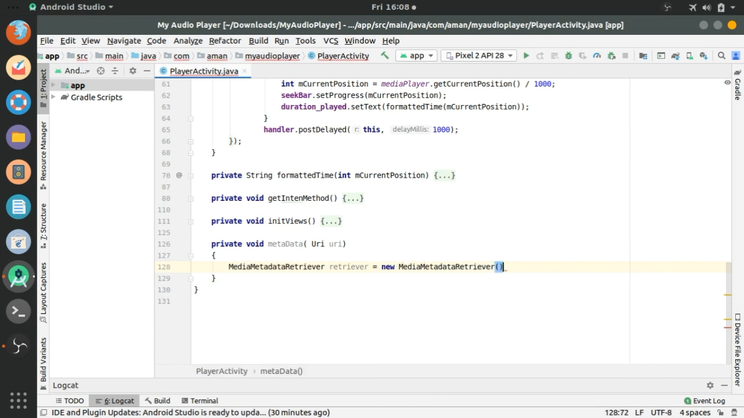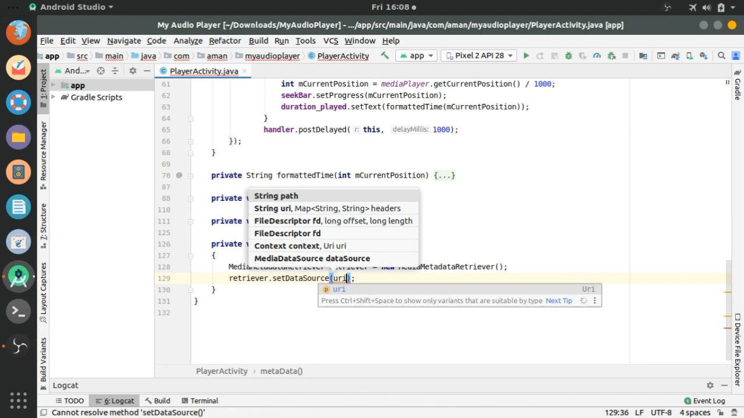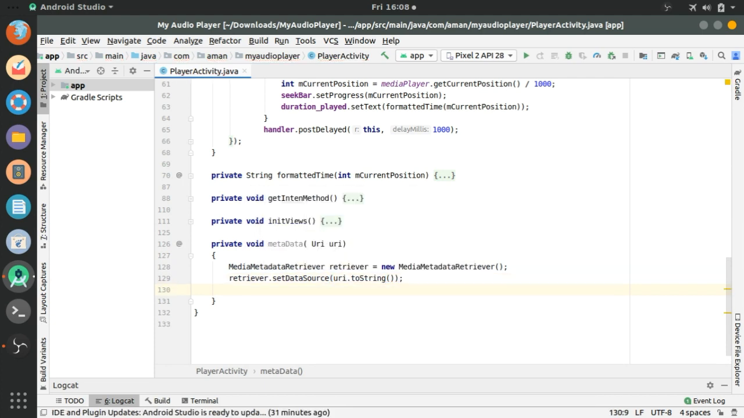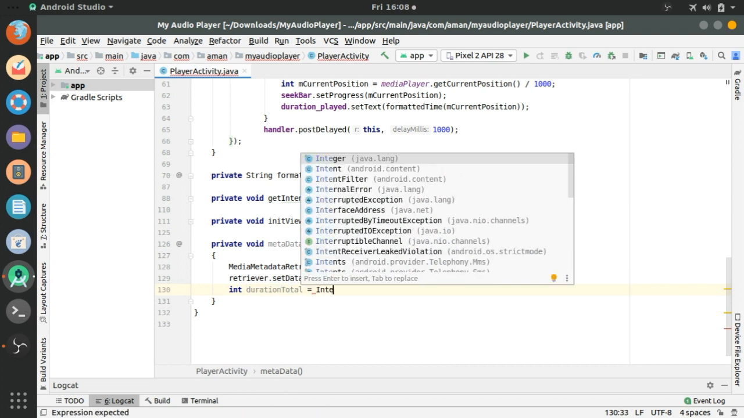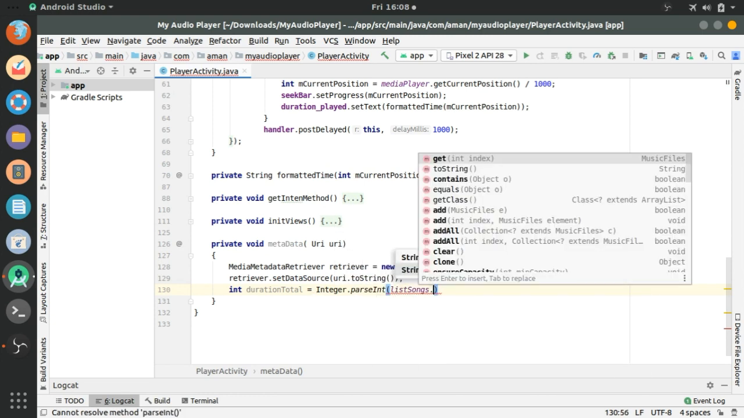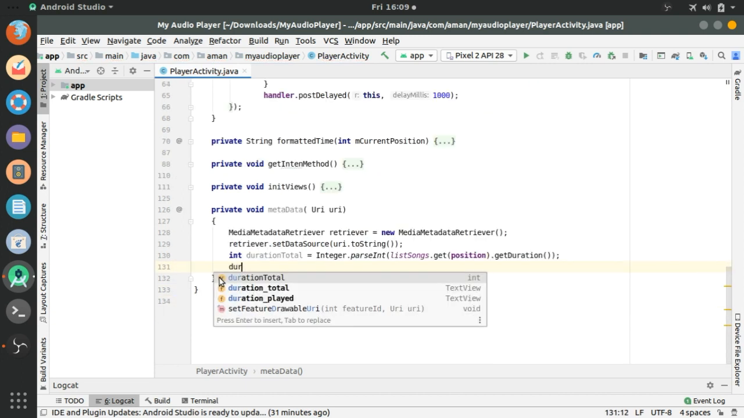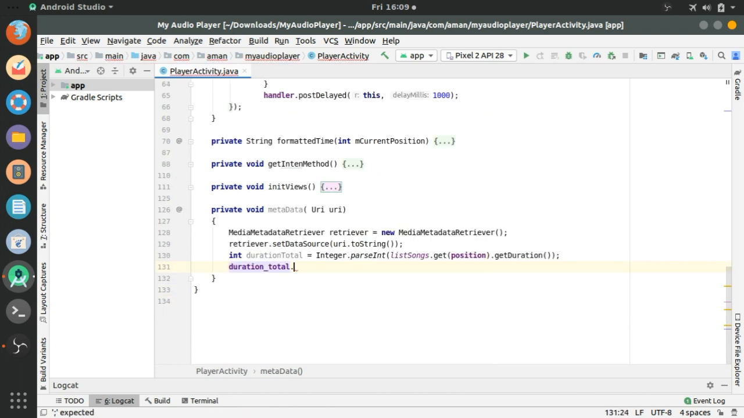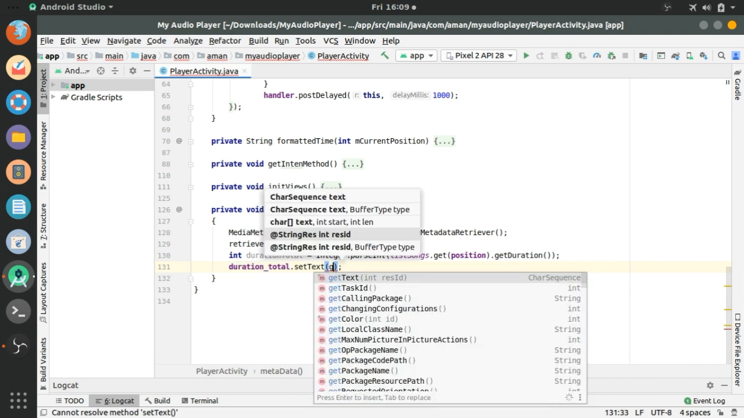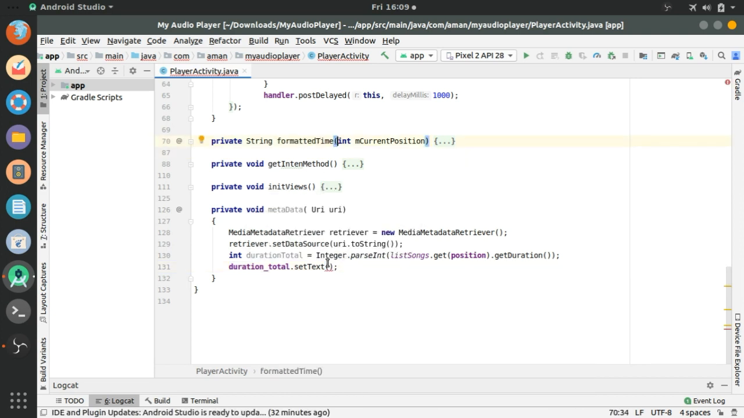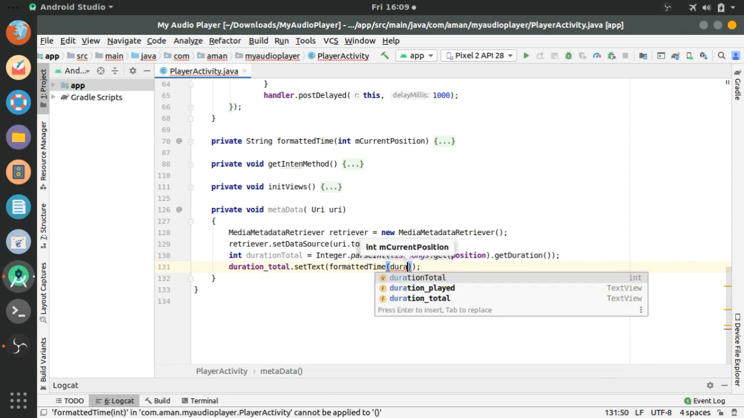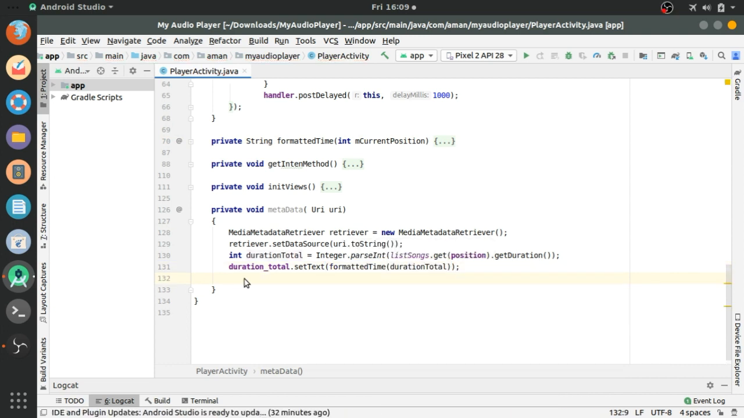and in this method we will use the class MediaMetadataRetriever equals new MediaMetadataRetriever dot setDataSource URI dot toString, and duration total of integer type, Integer dot parseInt. We will parse to int from string using listSongs dot get position dot get duration, and set the text view duration total with formatted time, and pass the parameter duration total,